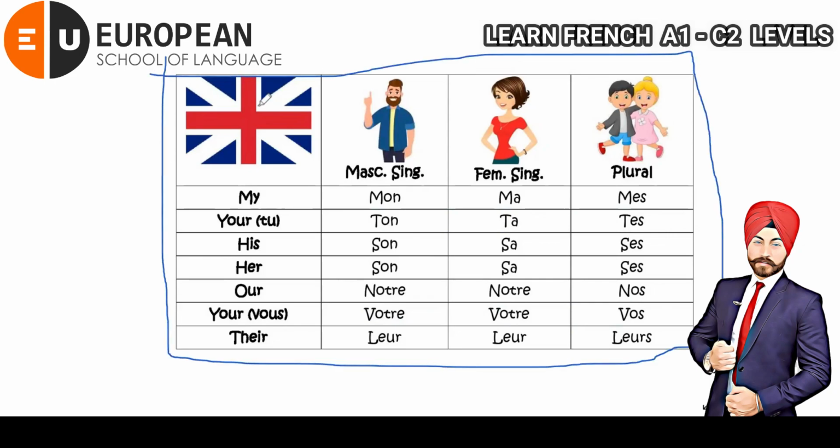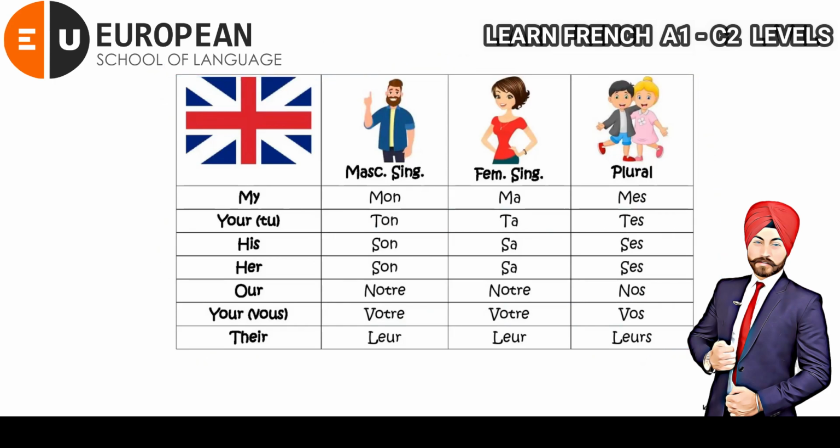So let's build some sentences. Before making sentences, I just want to clear on it. Like here, we write le for masculine gender, and la is feminine, and for plural, we write les. So I am going to explain you with wonderful examples. You guys, you just keep on listening this.